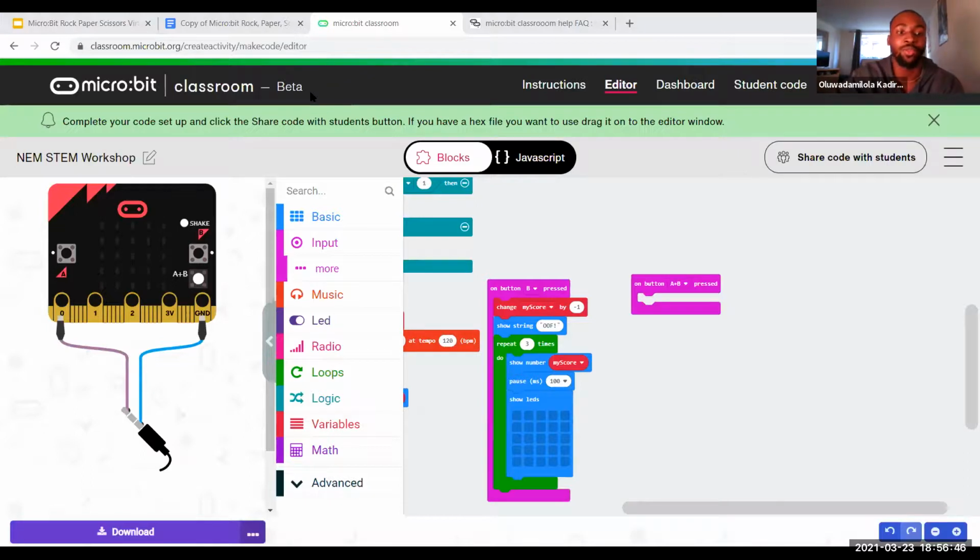Oh, now that's a question. If you put it on your actual microbit, how would the shake work? Also, microbits have gyrometers on them. So if you shake it, it can actually sense it. So you can actually shake your microbit and it'll do something. If you have an actual microbit, if you just shake it, it'll execute your code. Yeah, it's pretty cool. It's a really cool workshop if we had actual microbits with us.